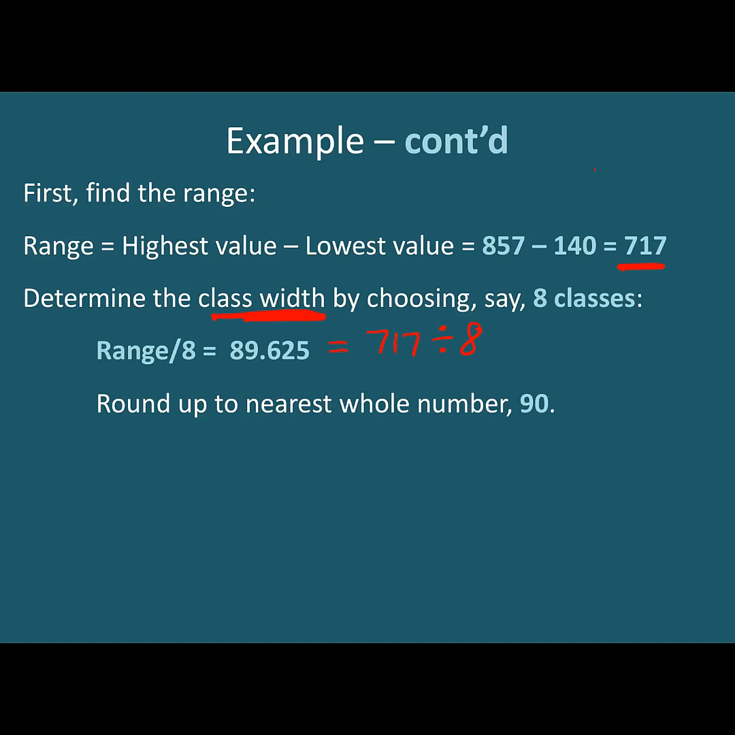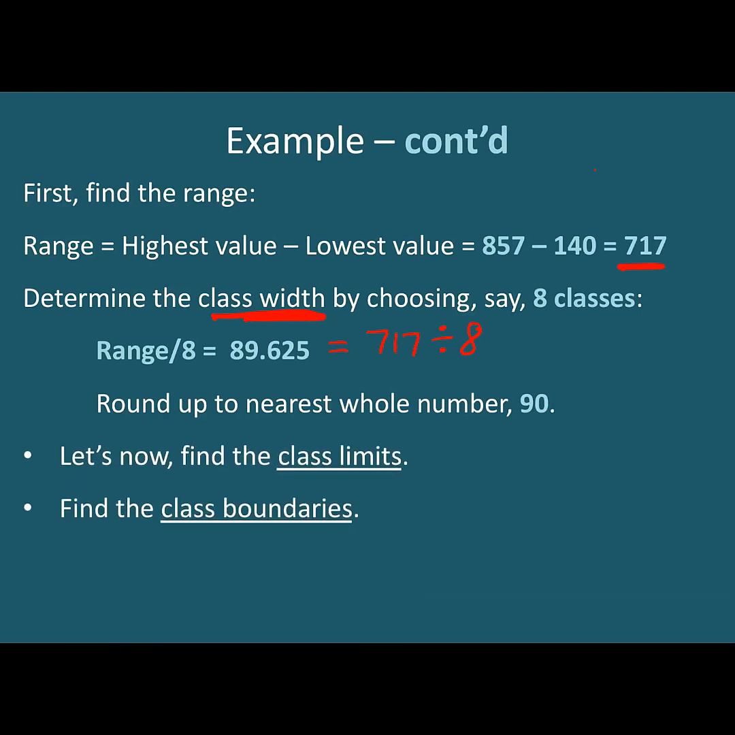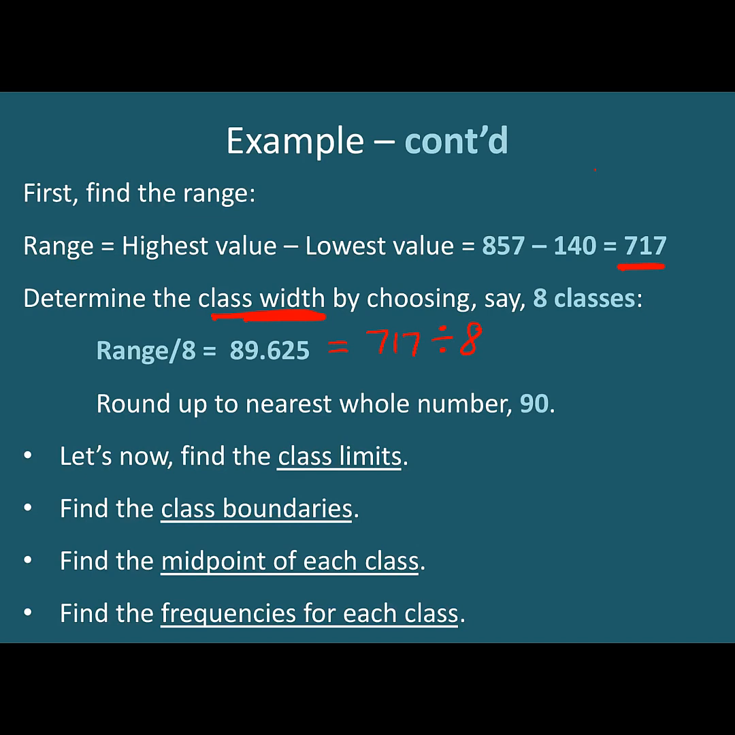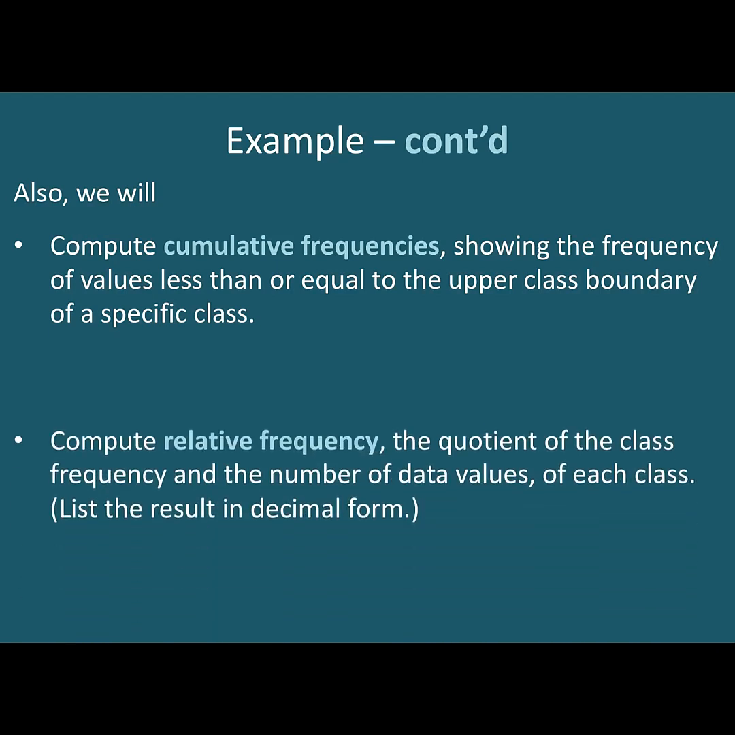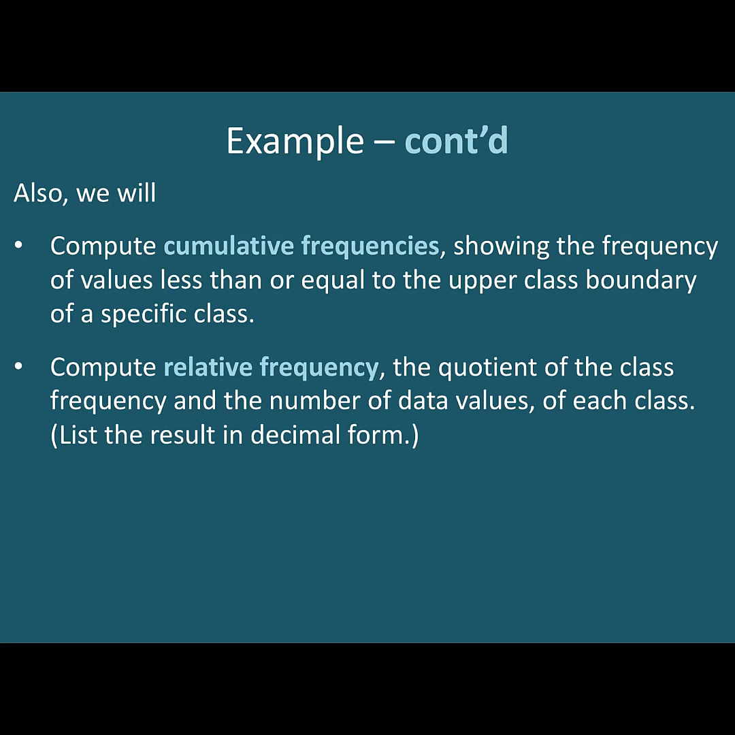So now that we have our class width, let's find the class limits. Next, we will find class boundaries. After that, we will find the midpoint of each class, followed by the frequencies for each class. And once these are found, compute cumulative frequencies showing the frequency of values less than or equal to the upper class boundary of a specific class. Also, we will compute relative frequency, which you have done before, so this should not be too difficult,